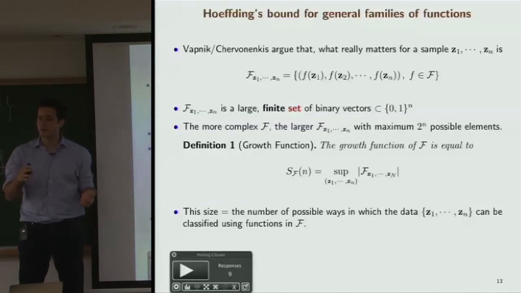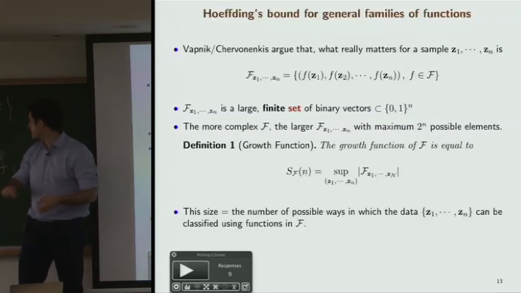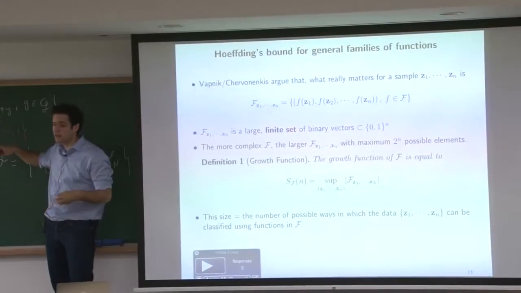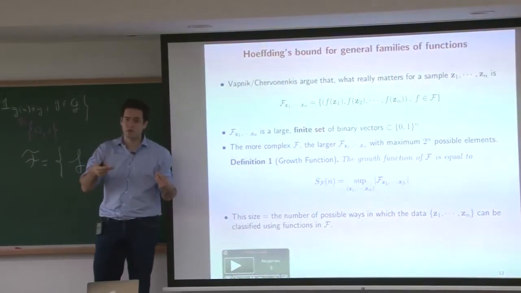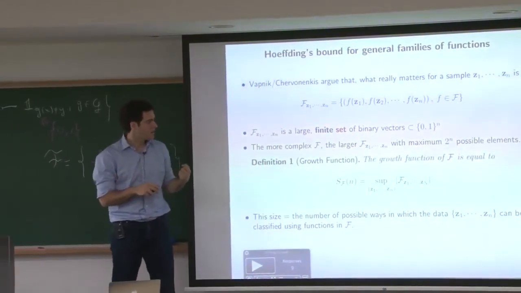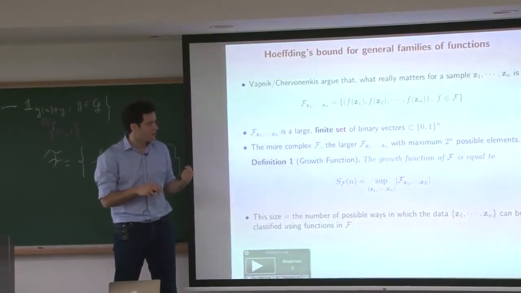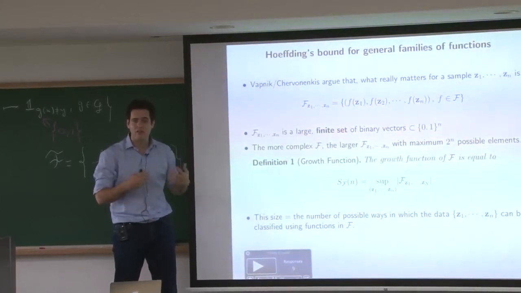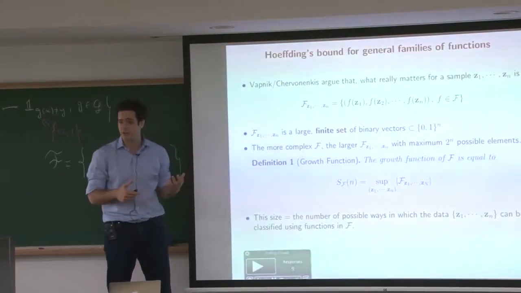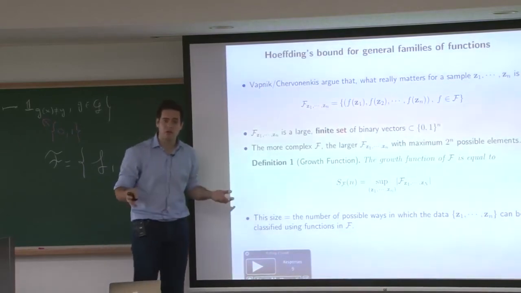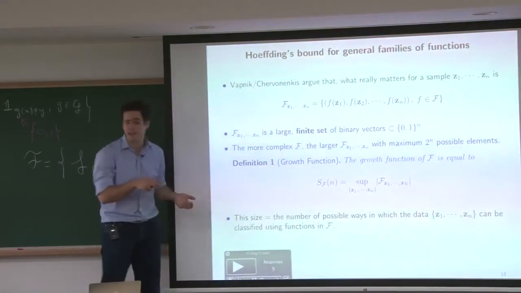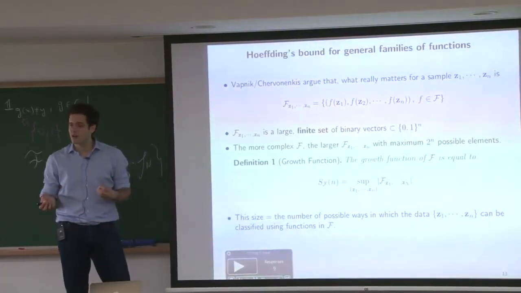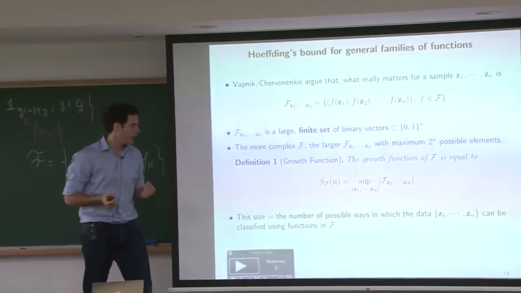For each observation, it's either the yi that was given to you or the other way around, either this sign yi, or minus yi. So for each point, you have two choices. And if you have a function class which is rich enough, you will be able to do whatever you want, and then this set is exactly of size 2 to the power n. Okay? Now,